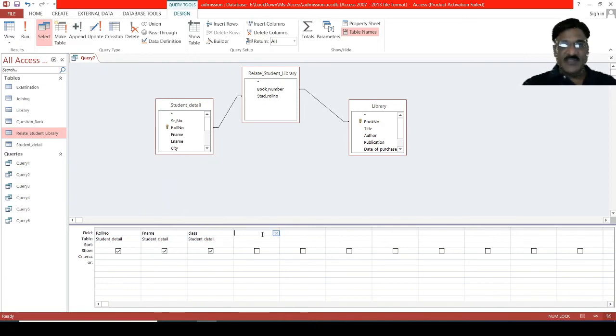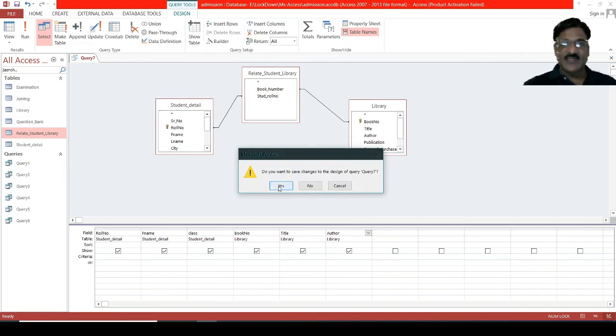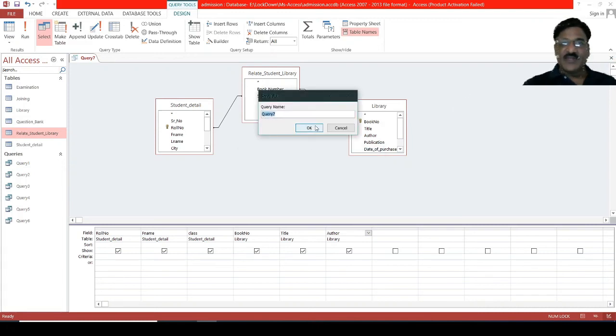Now here the book number, title of the book, author of the book. So close it. Want to save? Yes. You can give a new name, no issue. I am keeping the same.